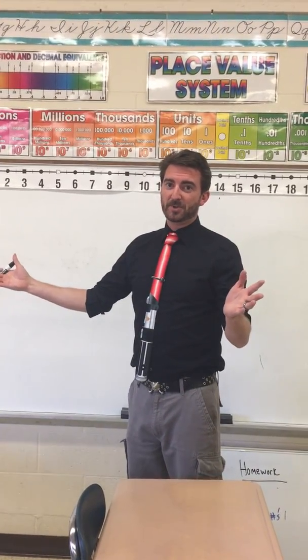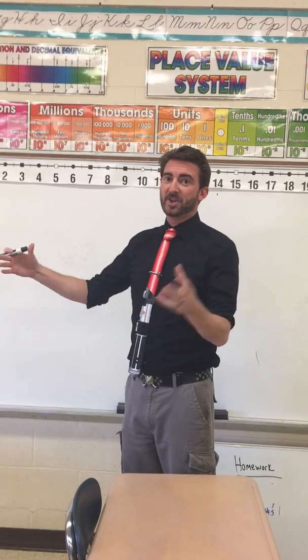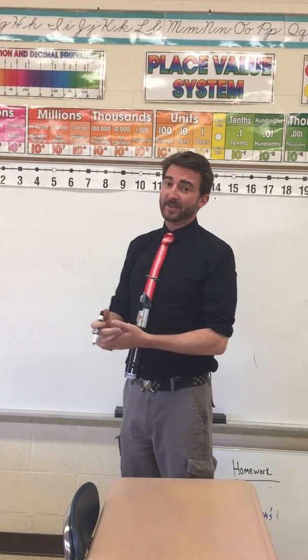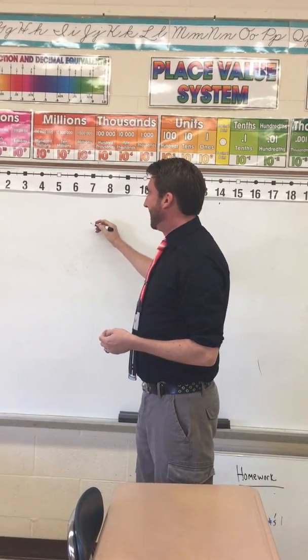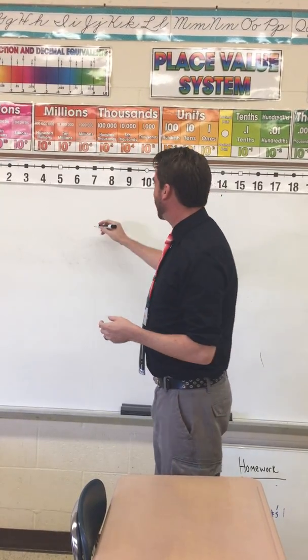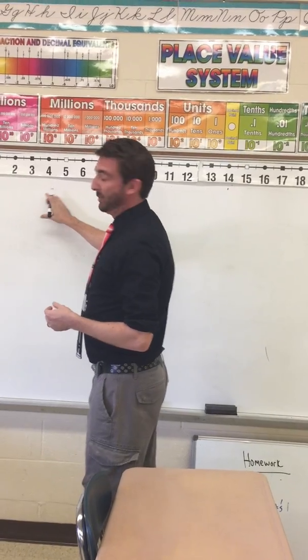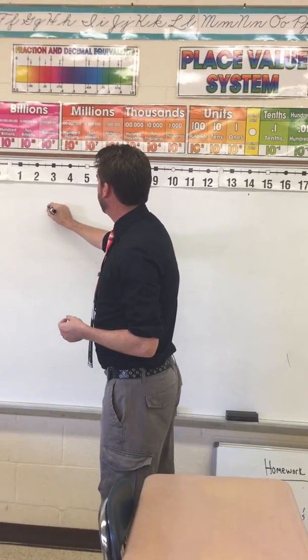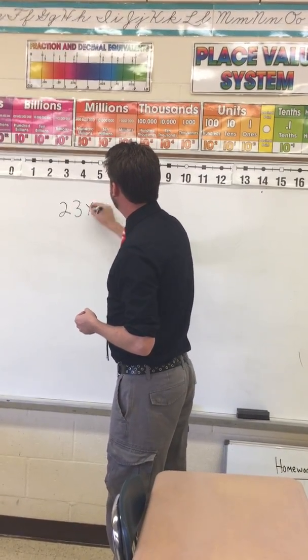Just in case you don't know how to help your child with tonight's homework with the area model, I thought I'd just do a quick little tutorial so you can figure it out. So we're doing 2 by 2 multiplication. So let's say we have 23 times